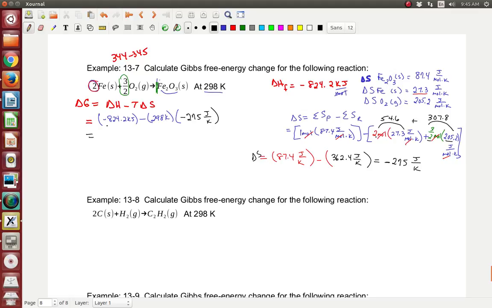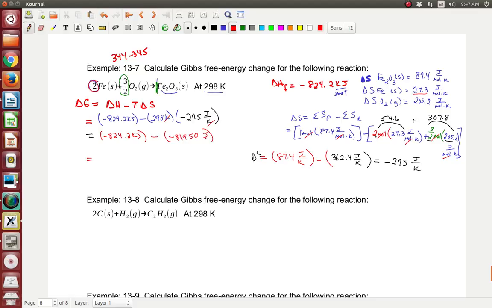All right, so now we just need to do the math again. Multiply these two, and you'll notice that the units again cancel, kelvins and kelvins. So it's going to be a negative 824.2 kilojoules minus 298 times a negative 275. And that gives me this number here, negative 81,950 joules. And so to subtract a negative, you're adding a positive. And so when I add these two values together, I get